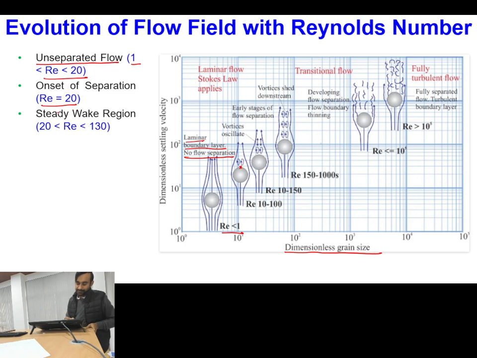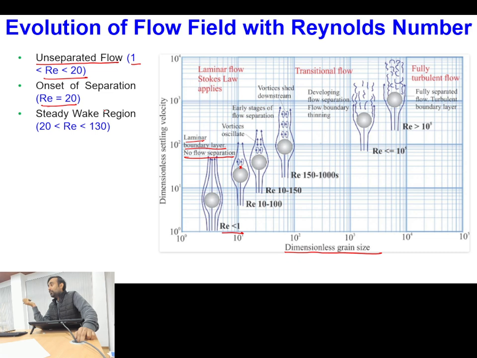So this is onset of separation. Regarding onset of separation, there are multiple theories. Some people concluded that separation starts at Reynolds number equal to 10. Some concluded that it starts at Reynolds number close to 30. Some said at 25. Then one of the major findings was that experimental evidence showed that separation occurs close to